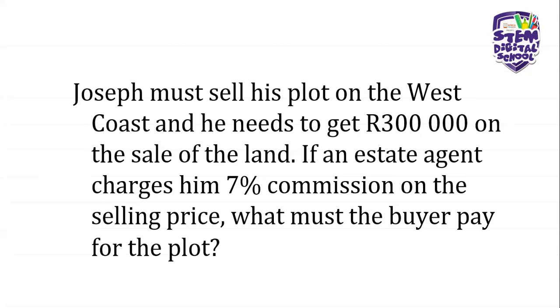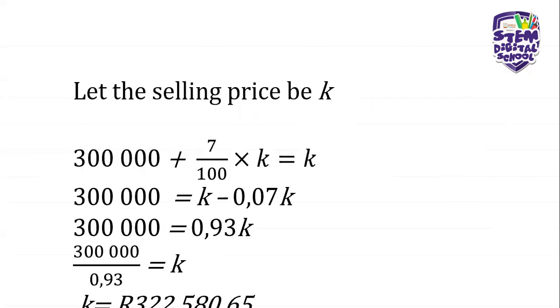That is basically what it means. And of course, you can use variables to find your unknowns there. If your selling price is X, for instance, you can use X or you can use any variable. Even K is fine. If your selling price is X, then you know that when you multiply the percentage by the selling price and you add the price that is needed by the owner, you will definitely get the selling